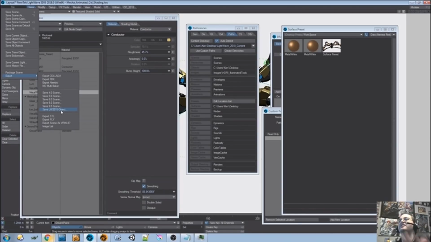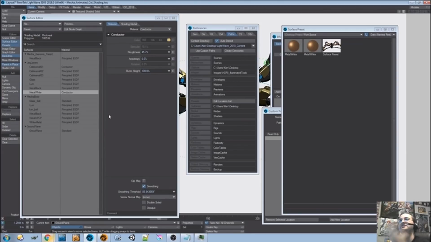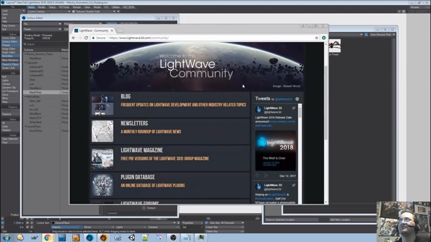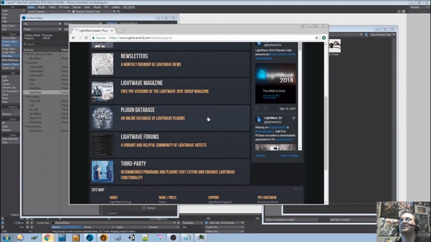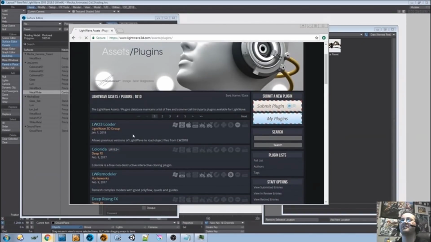So that would save out the object, but the surface data is going to be new surface data. 2015 can't load that new surface data, so you're going to get errors, like principal node not found. It's like, well, yeah, because that's 2018, not 2015. But on the website, we do have in the plugin database, and right now it's the top entry,